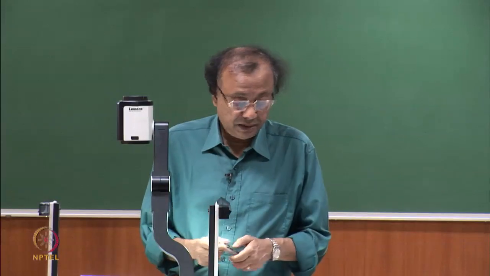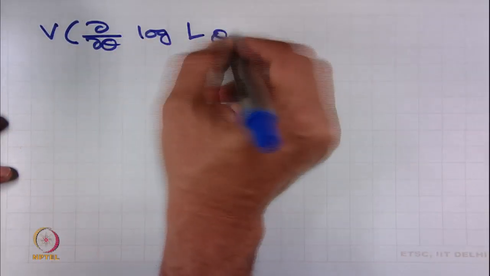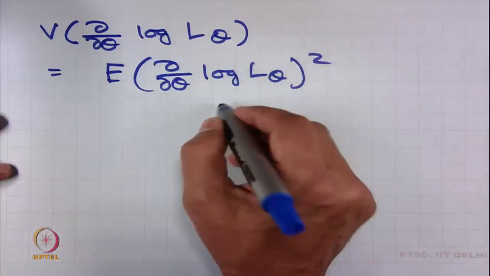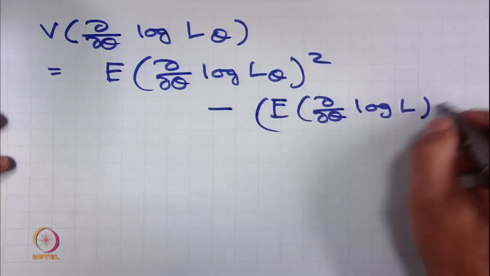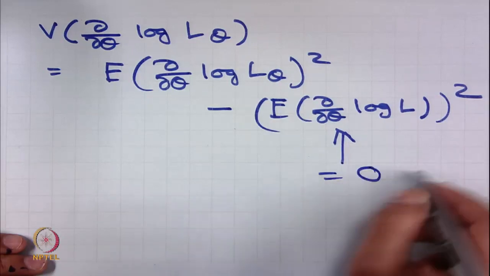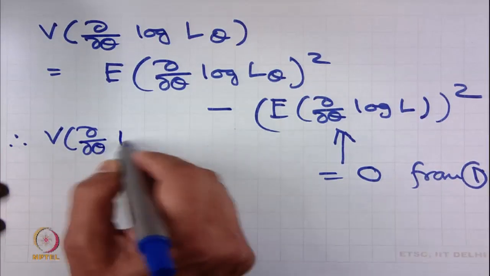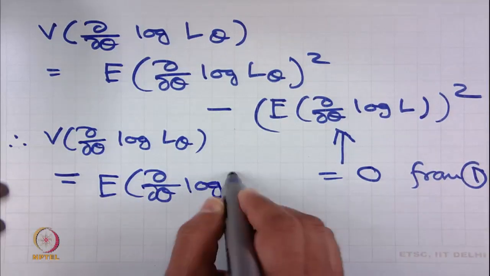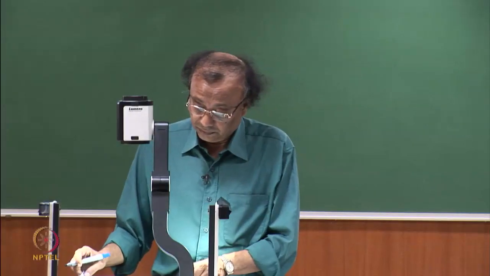Now, in 4, let us look at what is variance of del del theta log L theta. It is equal to expected value of del del theta log L theta whole square minus expected value of del del theta log L theta, whole square, and this is equal to 0 from 1. Therefore, variance of del del theta log L theta is equal to expected value of del del theta log L theta whole square. Putting this in 4,